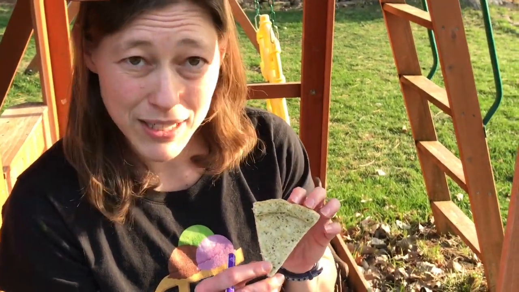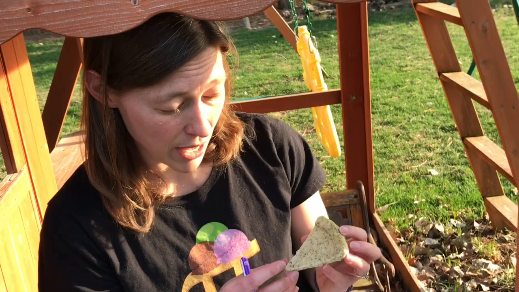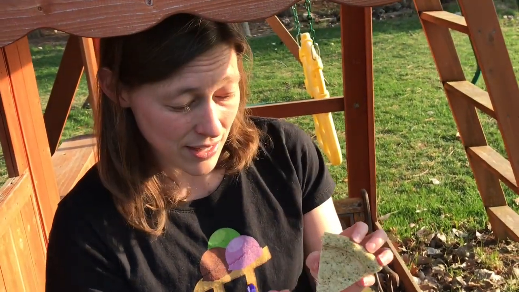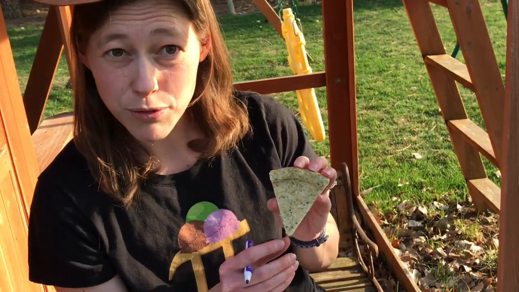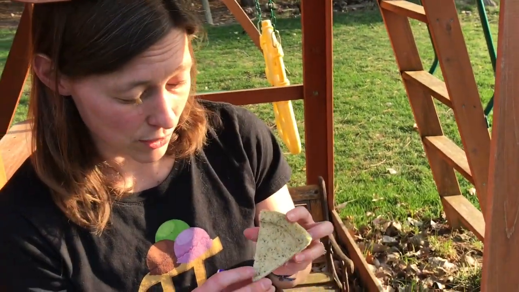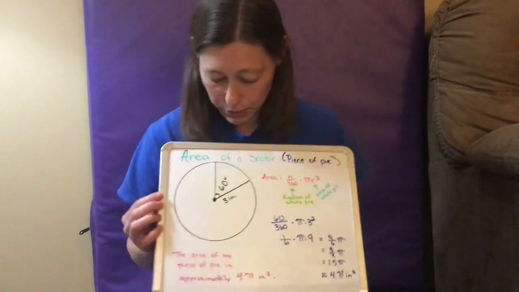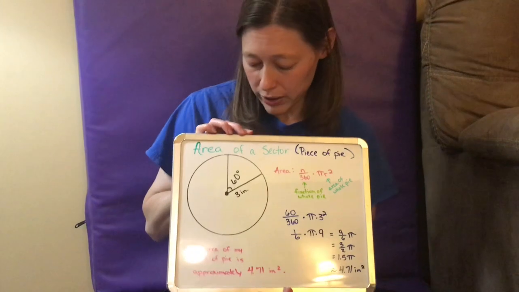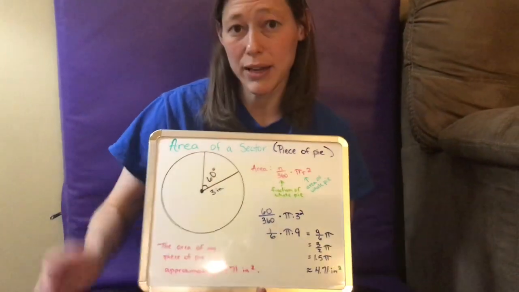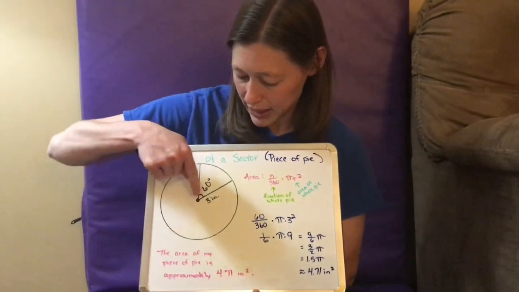Area of a sector is like the area of your piece of pie or your piece of pizza. If you think about how you would calculate this, it is a fraction of the circle, so it's a fraction of the area. So I can just find a fraction of the area of the circle. Here we are finding the area of the sector, or the area of my piece of pie, and it happened that the radius was 3